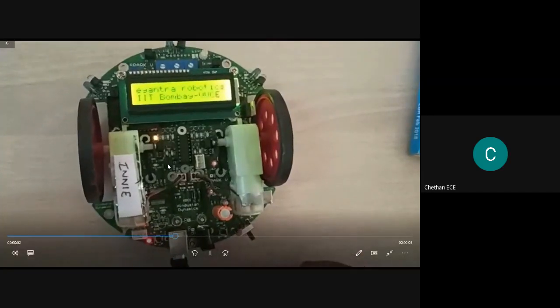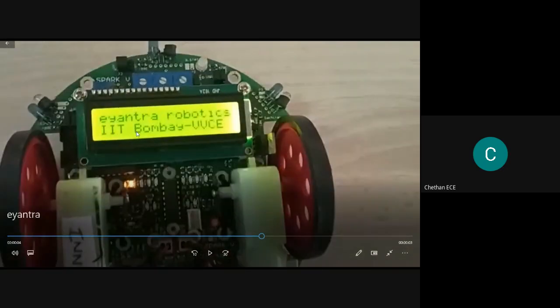I am pressing the reset button. You can observe that eYantra is displayed in the first row, and next Robotics IIT Bombay VVCE is displayed in the second row. Actually, I have changed the data in my program. I explained the pseudo code, and in this way we can display the data in the first line and second line.